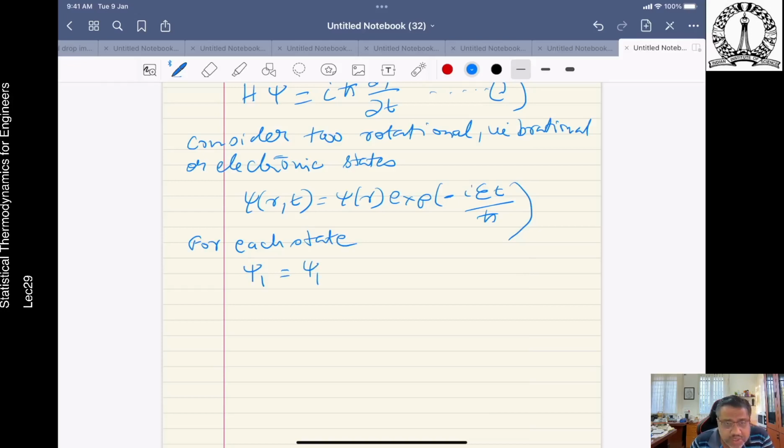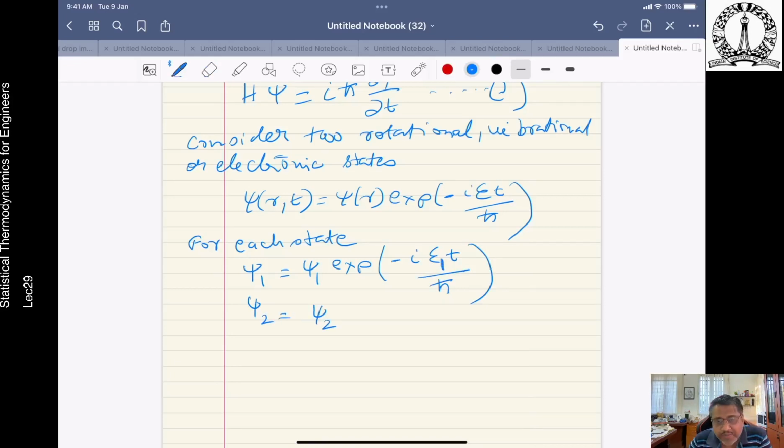This is the total psi, and this is the R dependent psi, times exponential minus i E1 t by h bar,